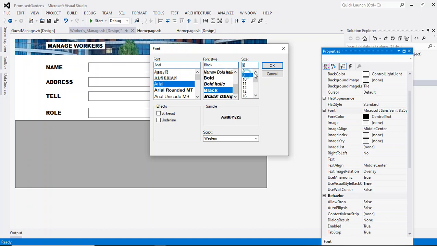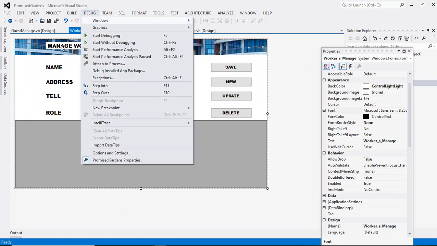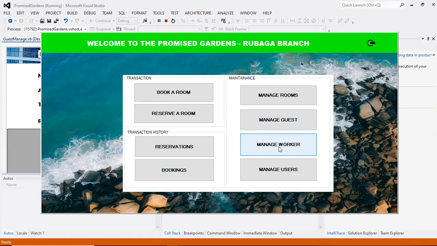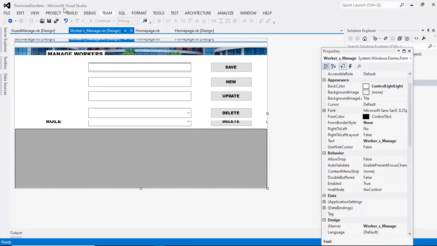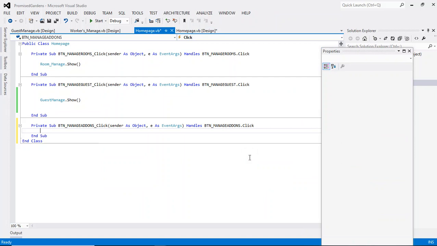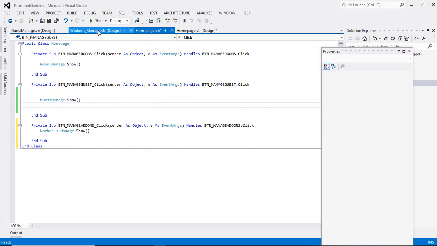Black to that. This is it. I think we made this, and let's run this. Manage workers. We've not yet added its code. Let's go to the home page design. Worker manage, not sure. Stuff like this. We start up